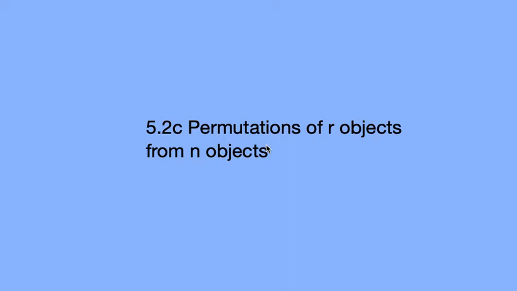Okay, today we're going to look at permutations of r objects from n objects. So far we've only dealt with the permutations of all the objects being selected. What happens if we only want to select some of them? So say we have,